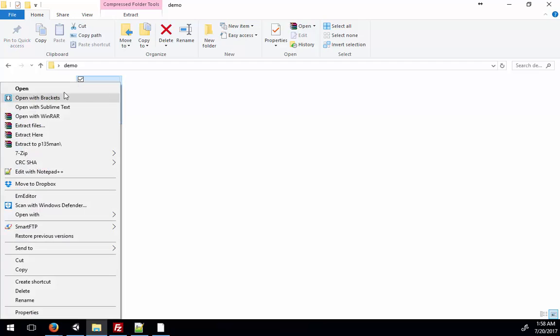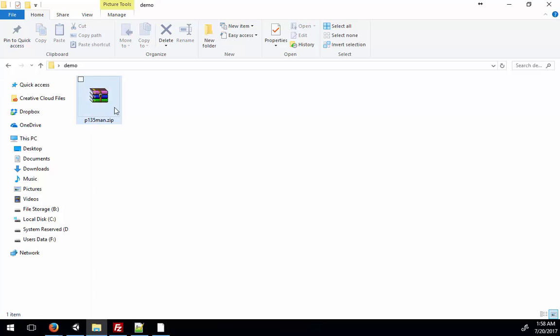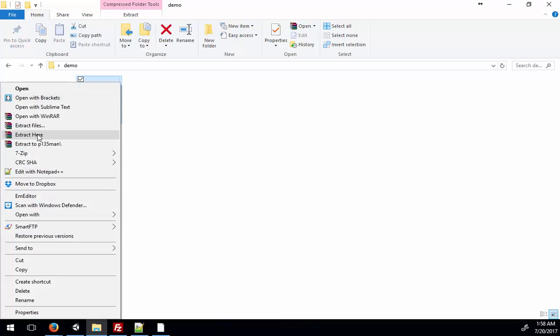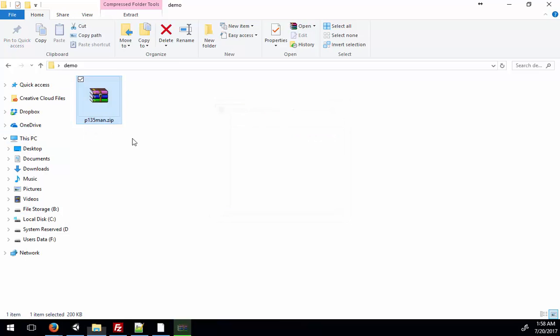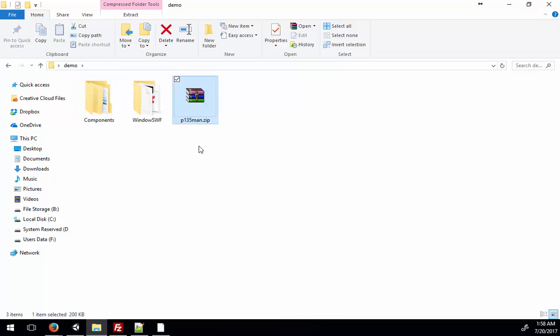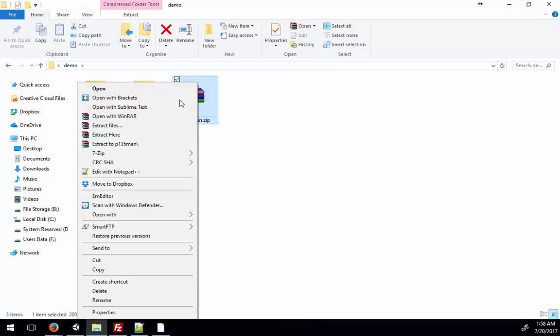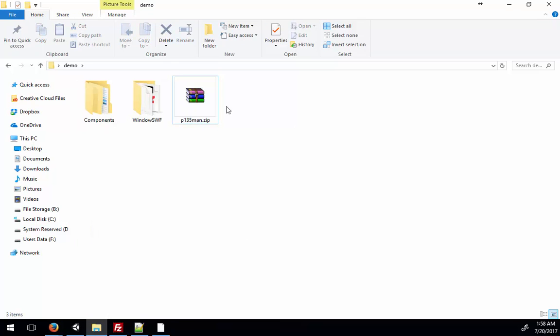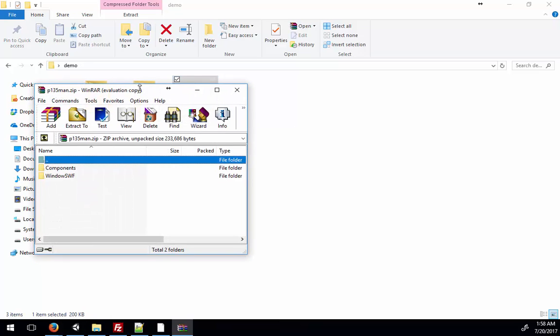In my case, I use WinRAR as my default archive manager. Some people use WinZip, some people use 7-zip, and so on. So whatever means you need to use to extract that zip file, go ahead and do that now. It'll be different with whatever program you're using. In this case, I've extracted this file directly on my machine simply by right-clicking and selecting Extract here. I could have also just double-clicked on it